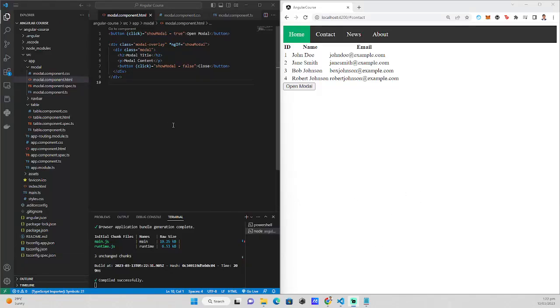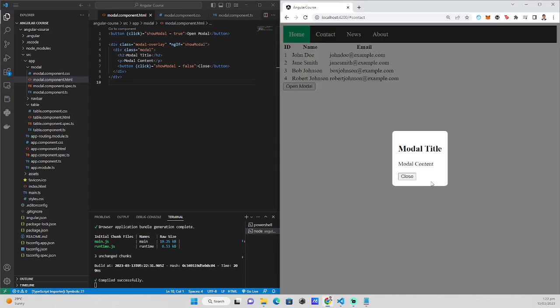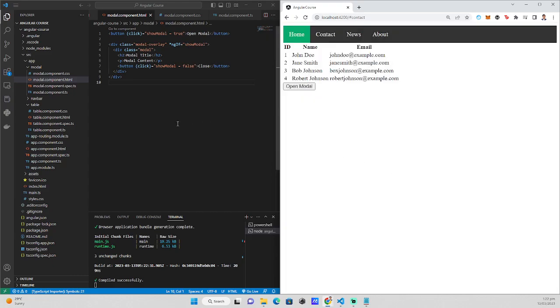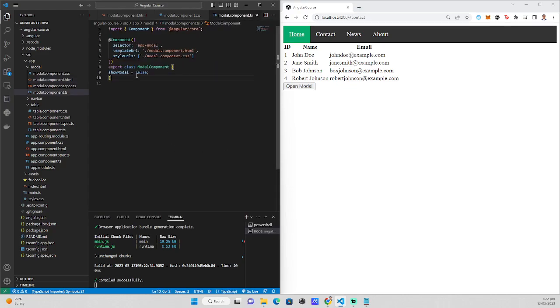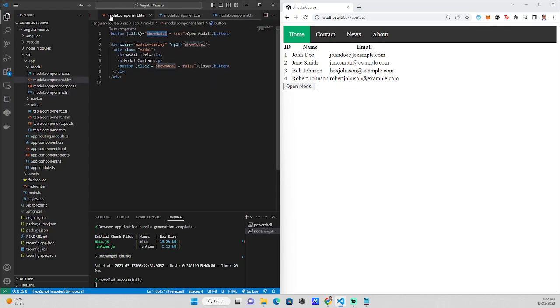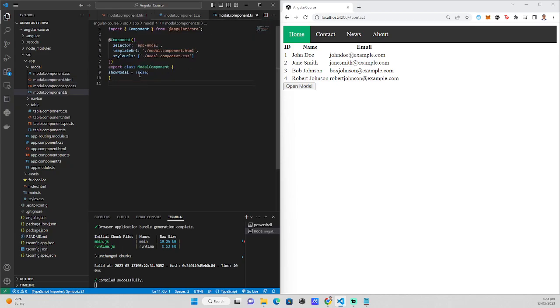Now the code is fixed and it's now showing the model. So as a demo, if I click this button, the model now shows because of this ngIf condition. I will explain to you why, what's the purpose of this variable, and why it is declared false here at first. As a start, this variable show model is still false as a default,